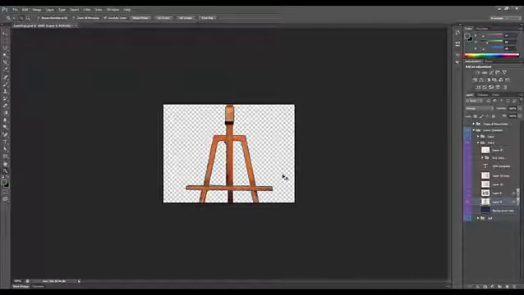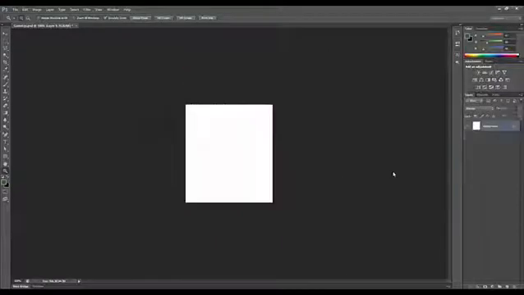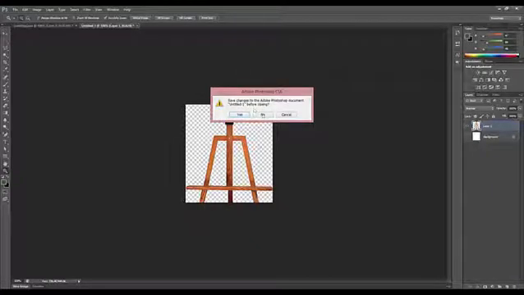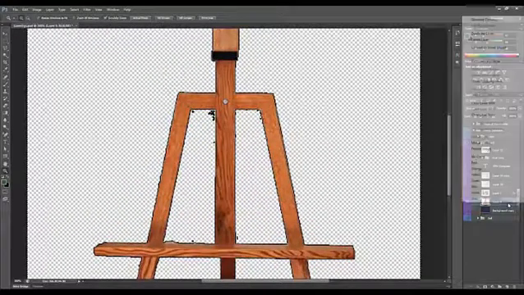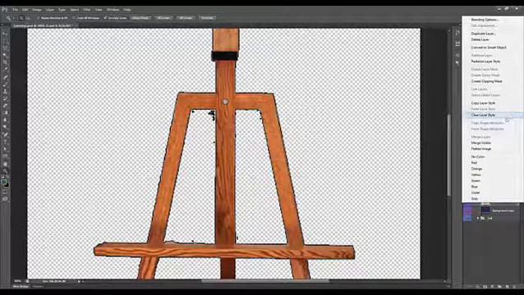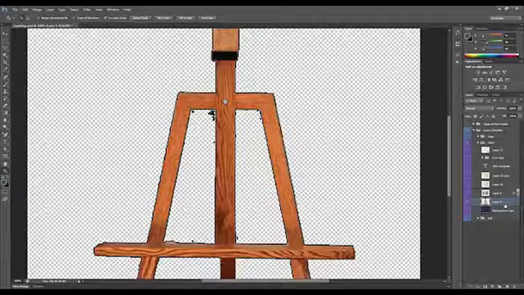Now, all these other bits need smaller canvases, so we don't want that whole image there. What we do is we go Control A to select all. You'll see there's little marching ants around the sides. Control C copies, Control N does a new image, and then Control V, paste it down. Now you'll notice the layer effects haven't come with it, and we want those outlines, so I'm going to get rid of that. And first of all, I'm going to make that black outline a part of the easel. So I'm going to go, where is it? Rasterize layer style. That means make the layer effects just pixels. Do that and it all becomes part of the image.